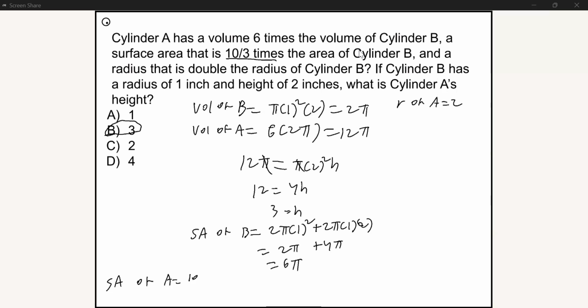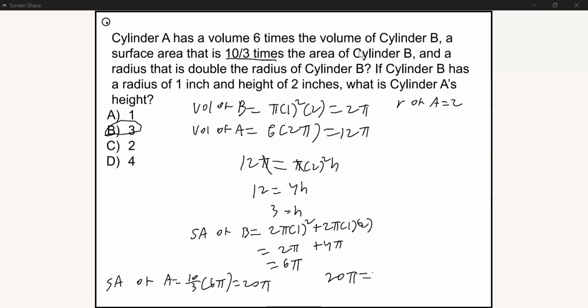equals 10/3 times 6 pi, which equals 20 pi. Okay, great. And then when we have 20 pi, we can plug that in. So then we could do 20 pi equals